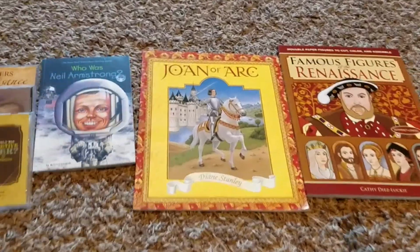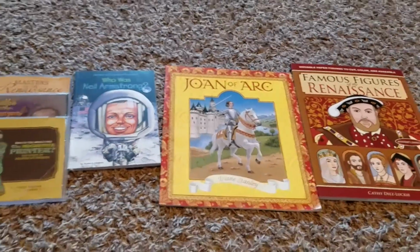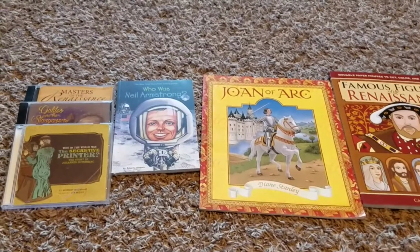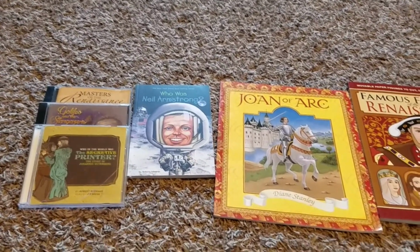And some of them may have one of these movable figures, and some of them don't. So if they do, great. If not, she may draw a picture or just do a report. And the figures that we're going to be studying are Marco Polo, which I actually was able to get one